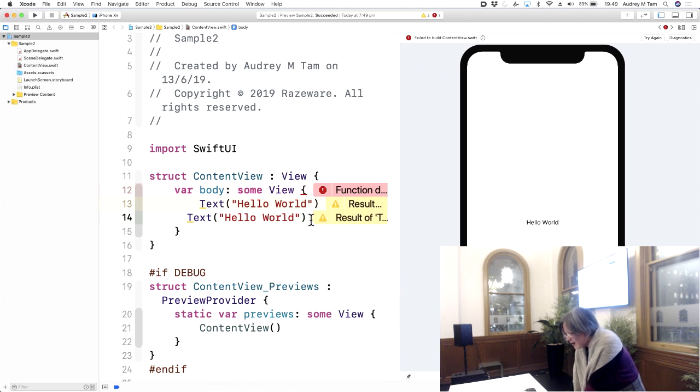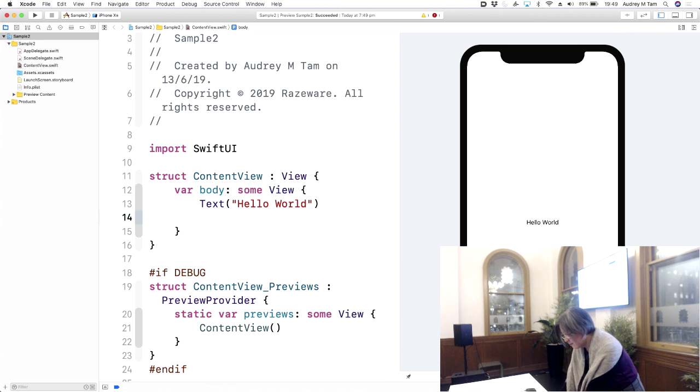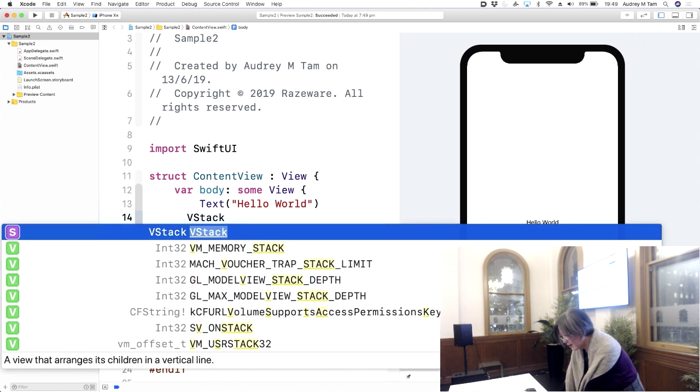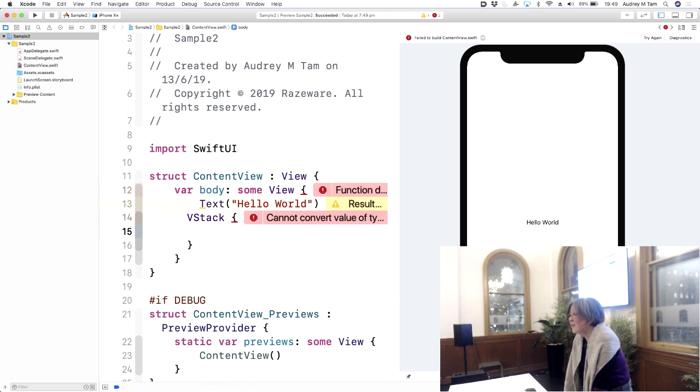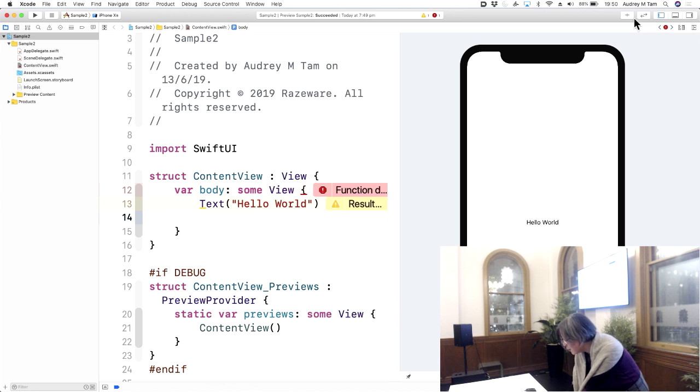You also cannot have an empty V stack or H stack. Okay? So as soon as you put more than one thing in there, it wants to know, is it horizontal or vertical? And as soon as you insert a V stack, say using the library,